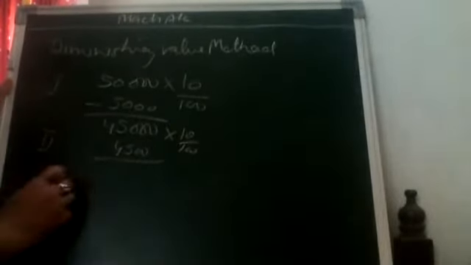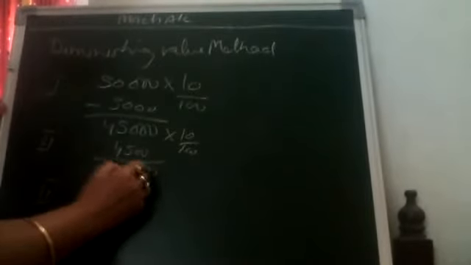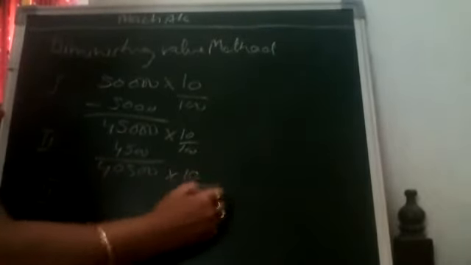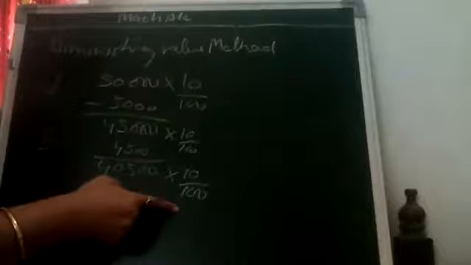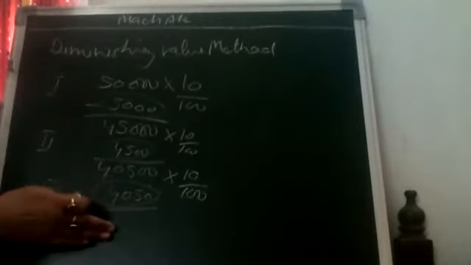And in the third year, again whatever is the balancing value, on this we will calculate the same percentage. The percentage will remain the same, but not the depreciation amount. Here the depreciation amount was 5,000, 4,500. This time 4,050. The depreciation amount is this. So see here that every year the depreciation amount is reducing.